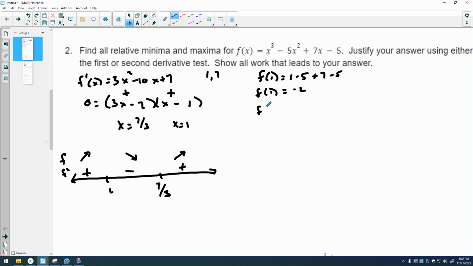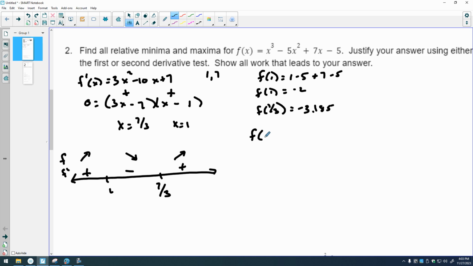And I plug in 7/3. I'm going to cheat and use a calculator for that one because I can. Plugging in 7/3 gives me a negative 3.185. So I assume we can plug in 7/3 into our calculator. I did it earlier, and that's what I got. Okay, so we can start off by saying,